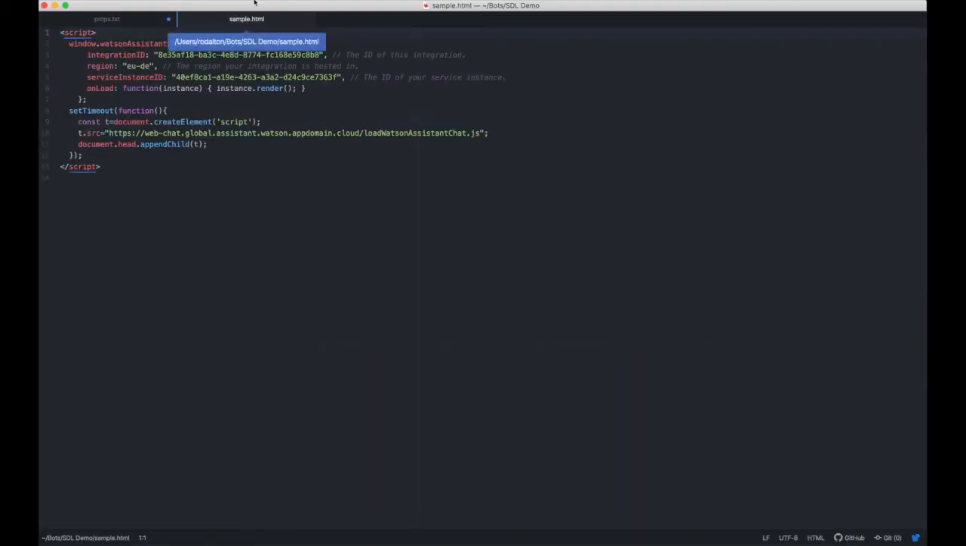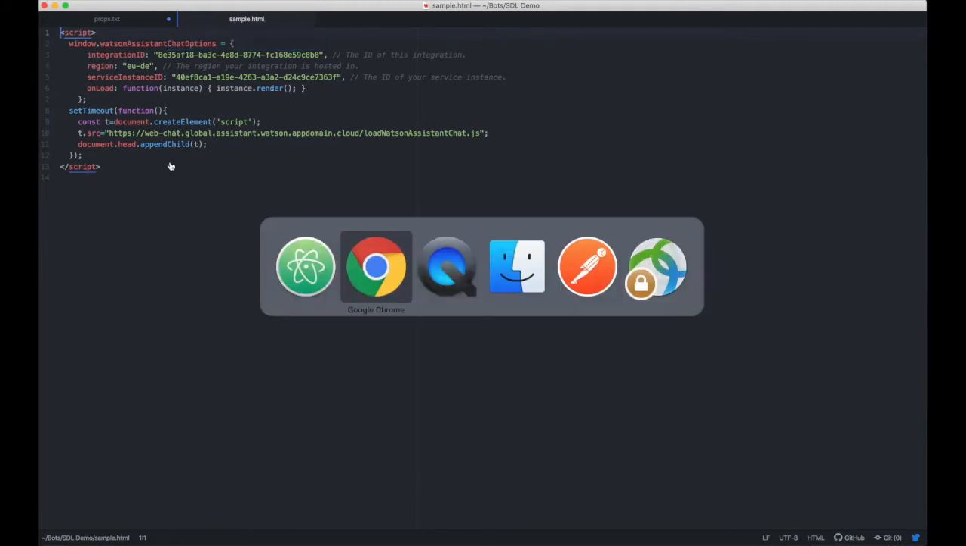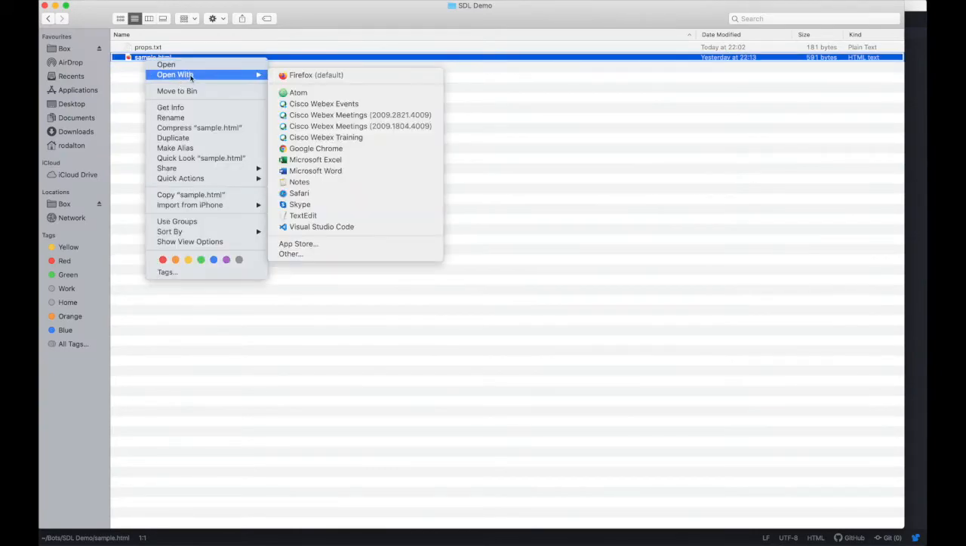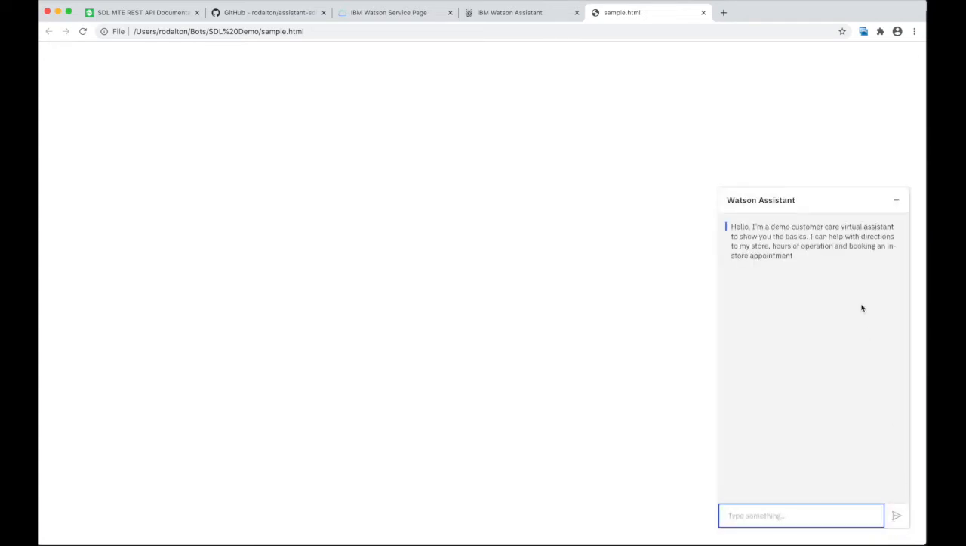and save it into a text editor file that I call, in this instance, just sample.html, and load that into a browser, we can take a look and see how the web chat works with Watson Assistant. You'll see that what I get is this web chat launcher in the bottom right hand corner of my screen, and when I click into that, I get this web chat user interface